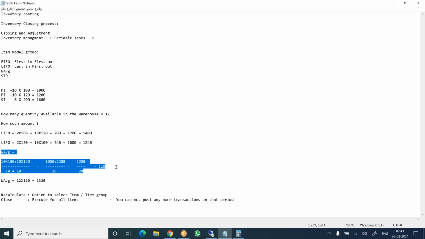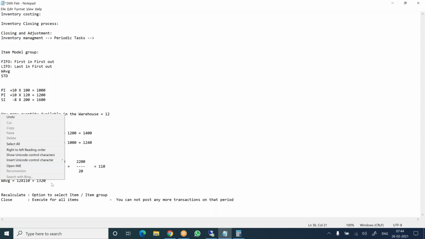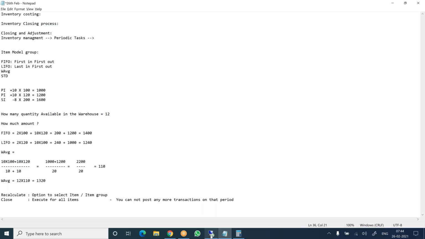It will calculate all the historical data. So the performance impact on the application is huge if you are running weighted average. If you are mapping weighted average, the burden on the application server is very huge, because it will calculate all the historical data and arrive at the weighted average calculation. Whereas moving average,